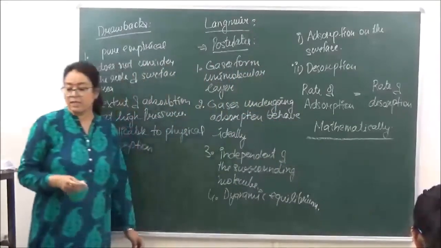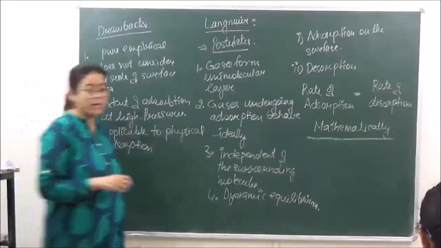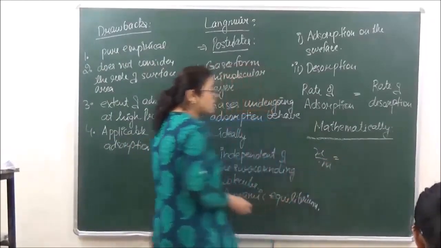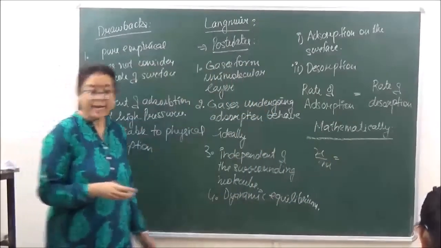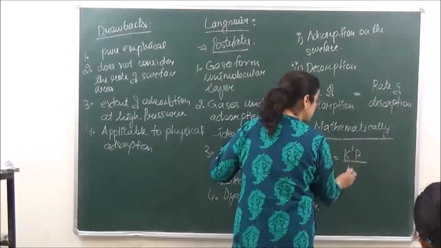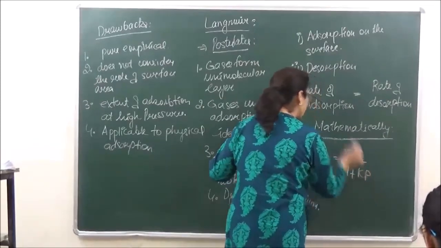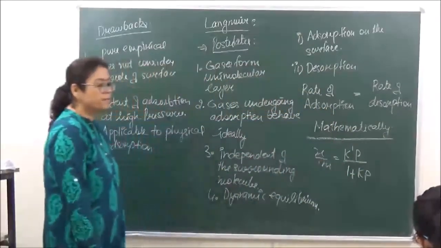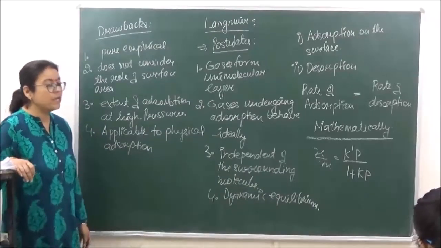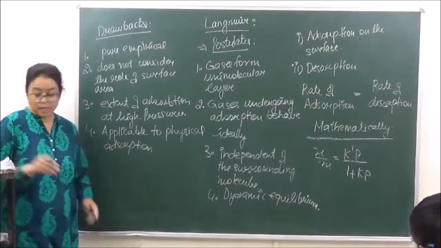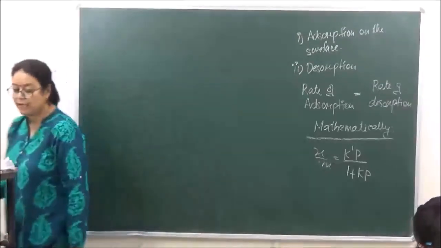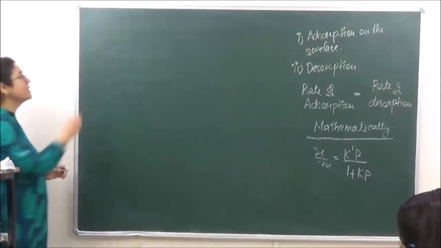Mathematically, if we are trying to explain the Langmuir adsorption isotherm, then we can give an expression, that is x upon m is equal to k dash p upon 1 plus kp, where k and k dash are going to be constants. So over here we are going to discuss two cases now. Case 1 is